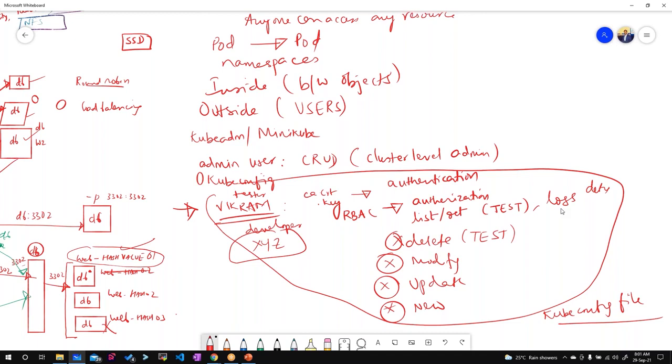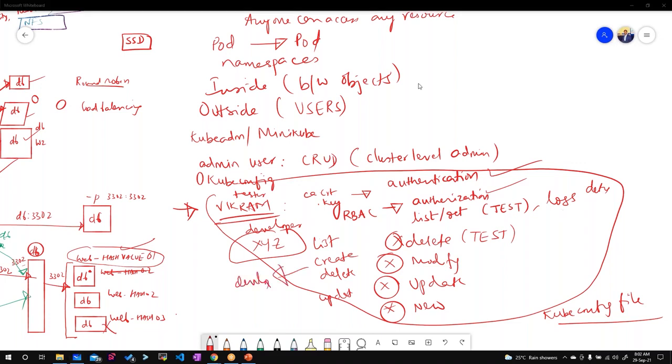For him I'll again generate a CA certificate and key for the authentication, and for the authorization part I'll give him some more rights. The rights are to list the resources, create resources, delete and update, but I'll restrict him to a specific namespace like the development namespace.